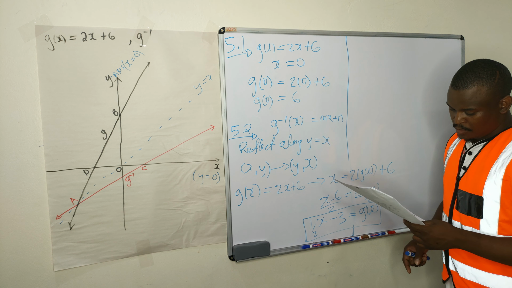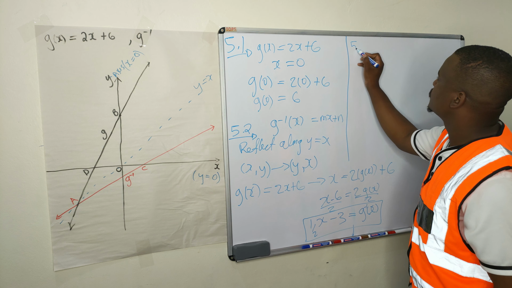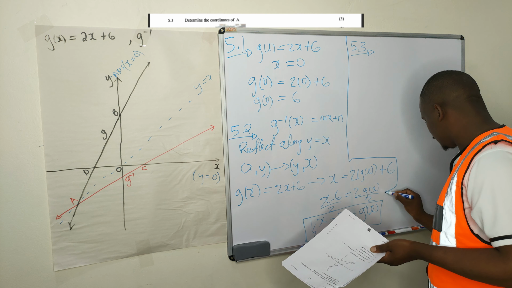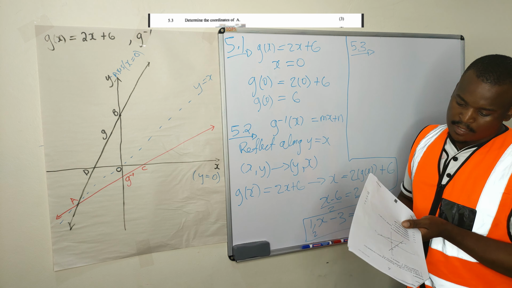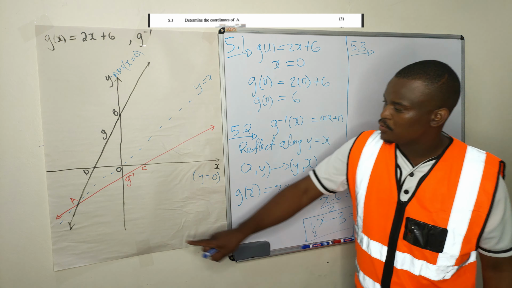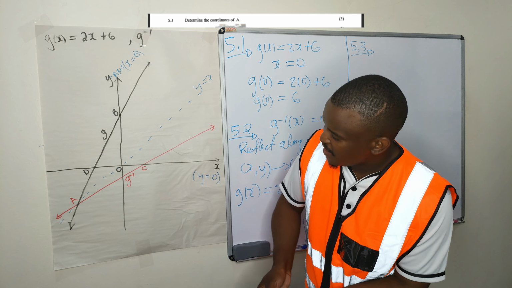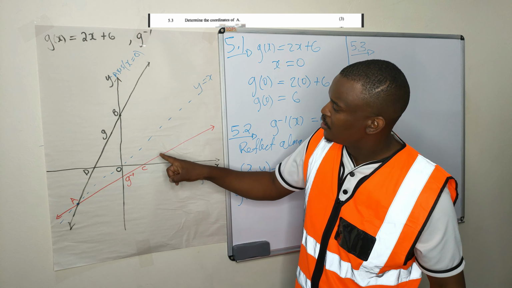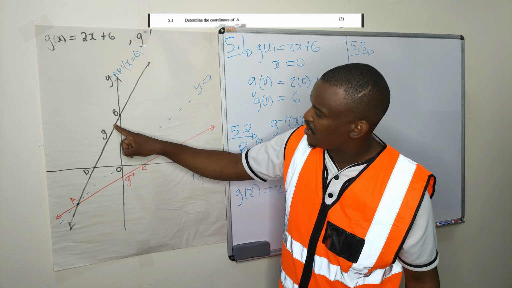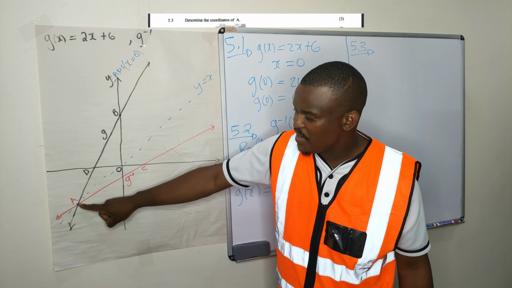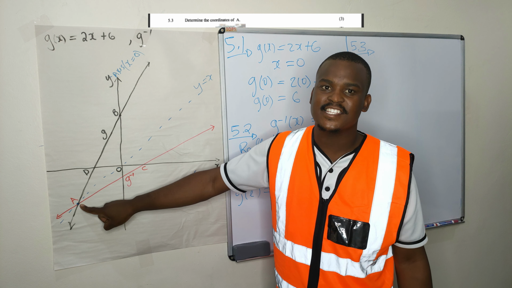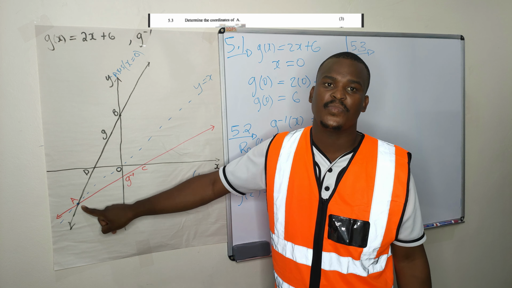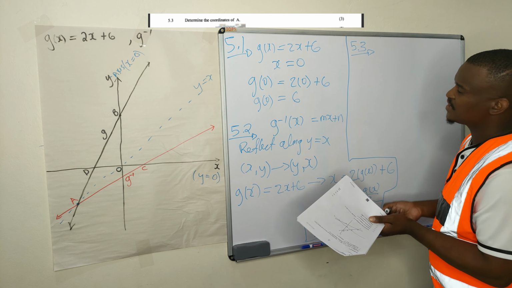So go to 5.3. Determine the coordinates of A. They want you to find the coordinates of A there. So here, your inverse function and your g function meet there, which means they have exactly the same coordinates. Their y coordinates are the same and their x coordinates are the same. So you know that